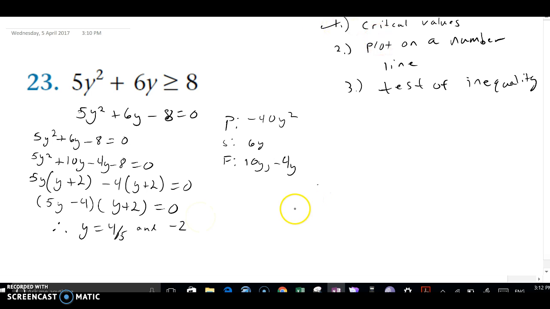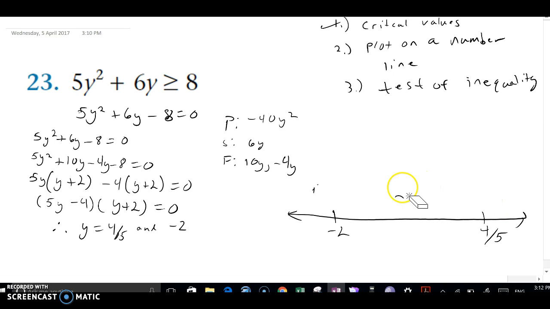Let's plot these on a number line. All right, so I've got negative 2 way over here. 4/5 will be way the heck over there. All right, that creates 3 regions. We're going to find these regions where the inequality exists. So let's pick a number bigger than negative 2. So using the calculator,